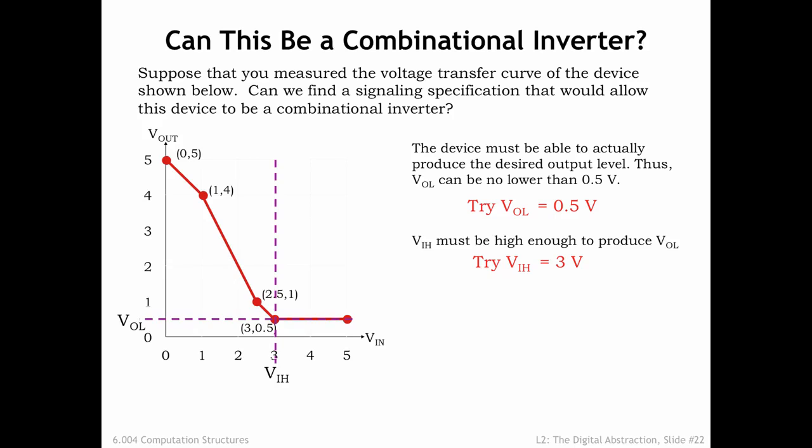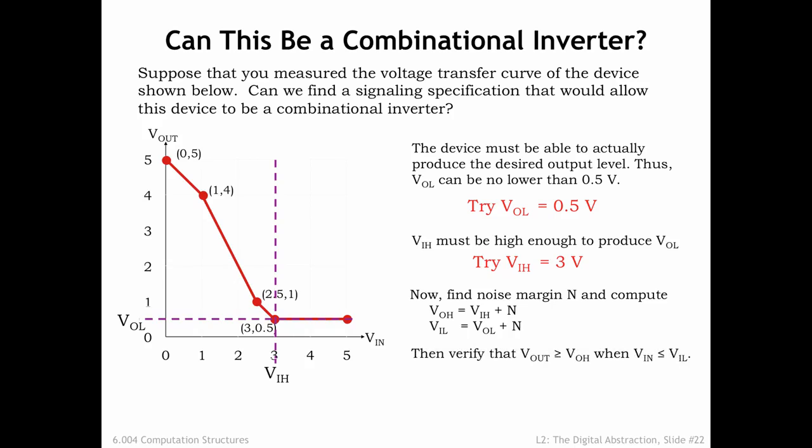That takes care of 2 of the 4 signal thresholds, VOL and VIH. The other 2 thresholds are related to these 2 by the noise margin n, as shown by these 2 equations. Can we find a value for n such that V out is greater than or equal to VOH when V in is less than or equal to VIL? If we choose n as 0.5 volts, then the formulas tell us that VIL is 1 volt and VOH is